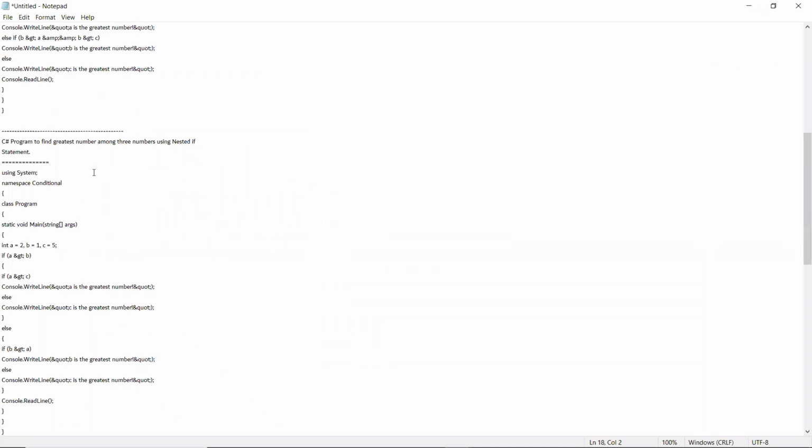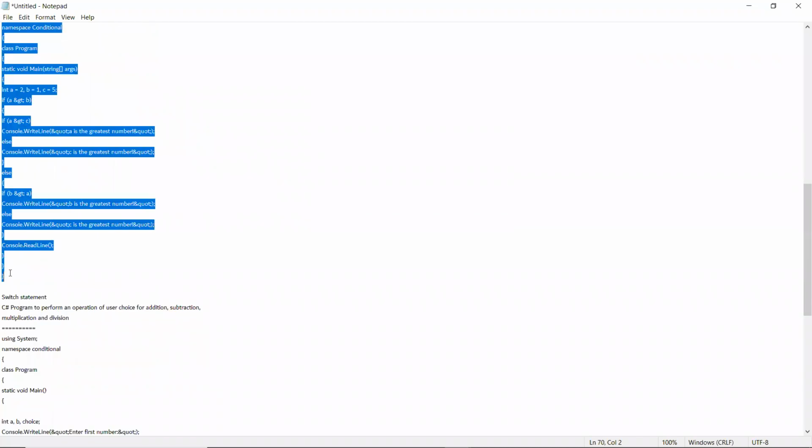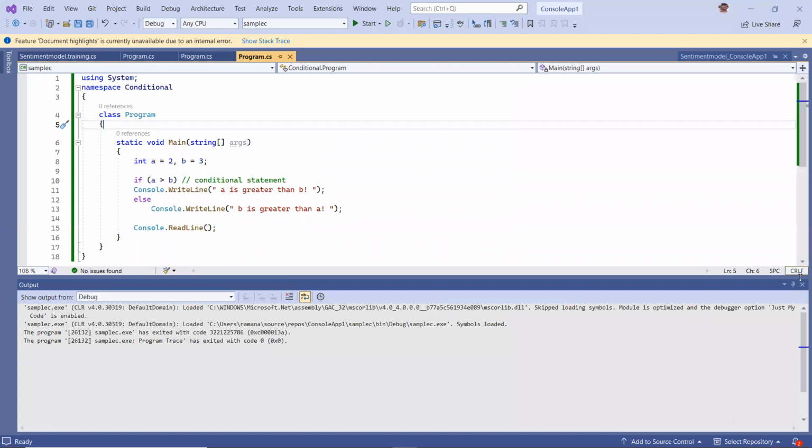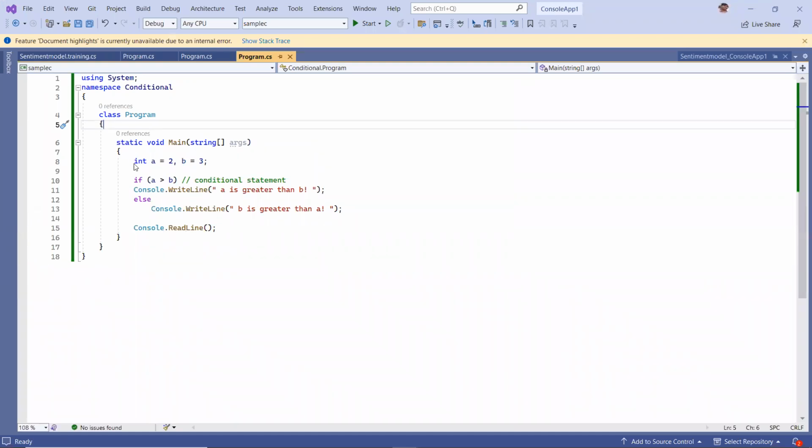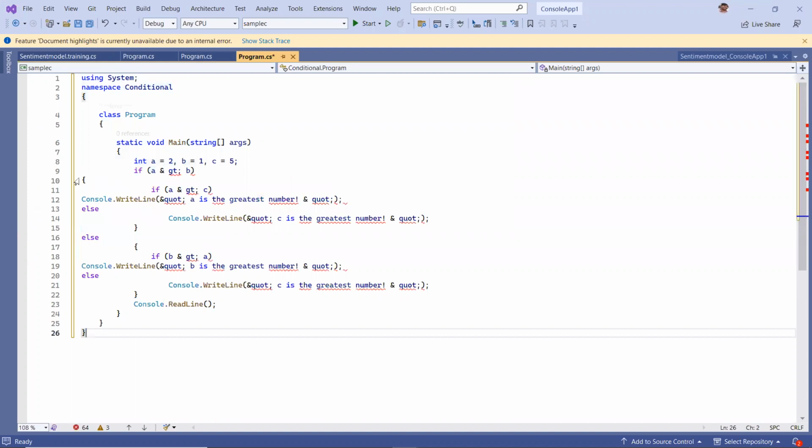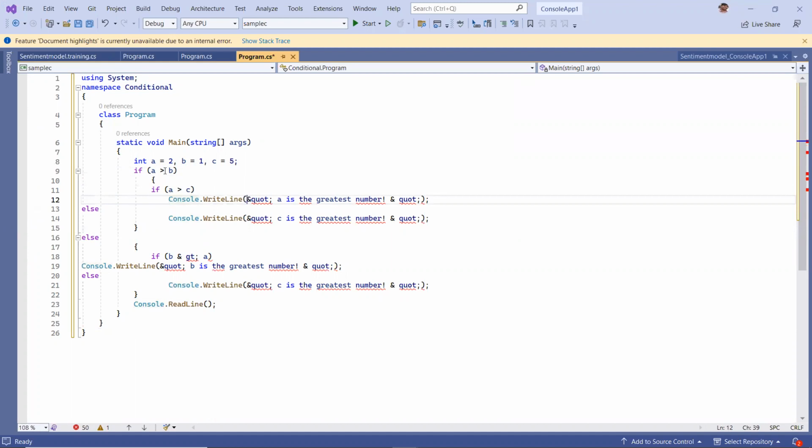So if you want to find out the same thing for three numbers using nested if, how are we going to do that? Same thing, the only difference is that here you are just keeping an if statement instead of another if. If you look here, this is my if. I'm saying a greater than b, and in the nested if I'm saying a greater than c. If both conditions are valid, I'm going to say that a is the greatest number among the three